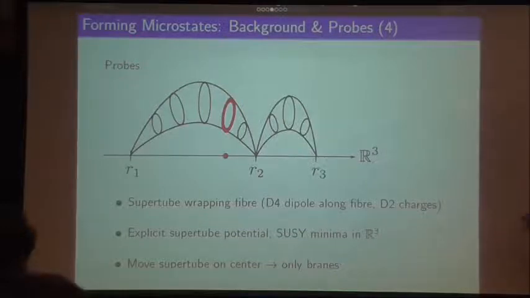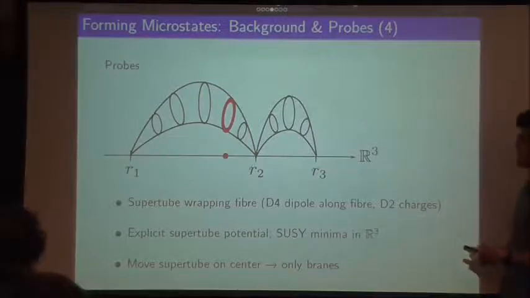Now, what you might think is that this dipole here might want to shrink and pinch off here, but it's exactly the charges that prevent the D4 brane from doing that. So if there were no D2 brane charges on the D4 brane, then it would just want to contract and annihilate itself because it's a dipole. It's exactly these D2 brane charges that form a repelling force that also give it angular momentum and repel the D4 brane from collapsing on itself, stabilizing it at some finite radius. And that's exactly what you see here. So here it's been stabilized at a finite radius.